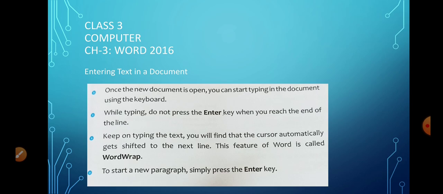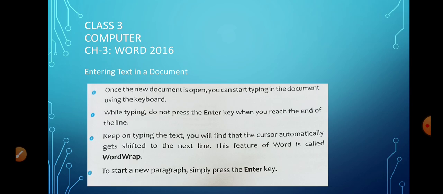It doesn't go beyond the margin; it automatically fixes it according to the margins without you doing any manual adjustments. This feature in Word is called word wrap, that is W-O-R-D W-R-A-P.